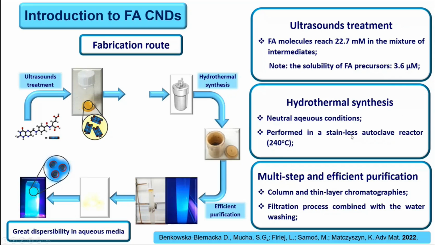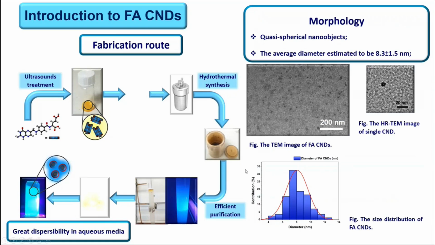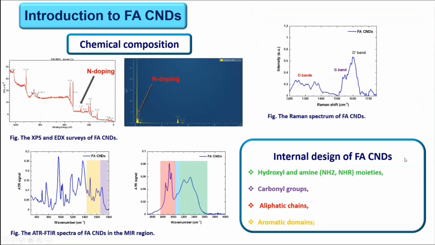We did have just neutral aqueous condition of the synthesis, and it was performed in a stainless autoclave reactor, and purification was done on a column and thin layer chromatographies with the filtration process combined just with the water washing. So again, we do not use any harsh conditions for the synthesis, and as a result, we get quasi-spherical nano-objects of the average diameter estimated to be about 8 nanometers in this case. The chemical composition showed natural